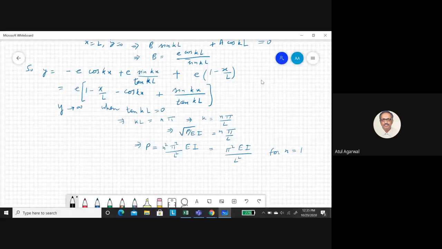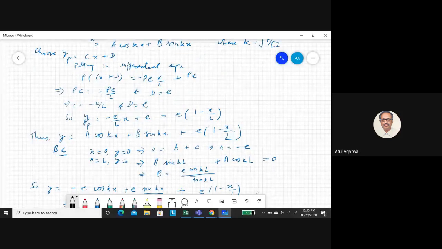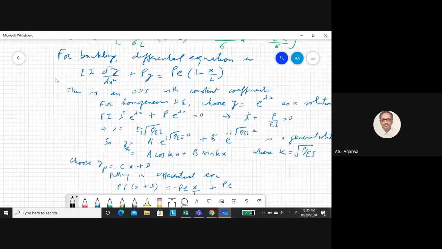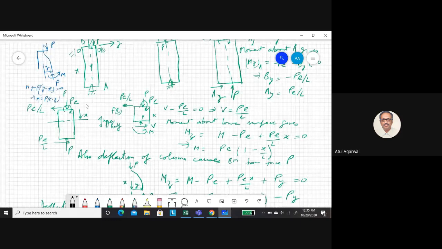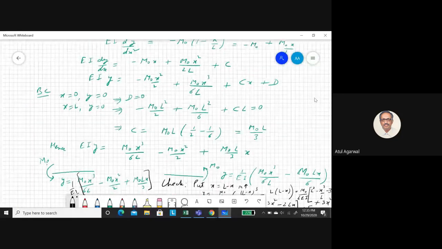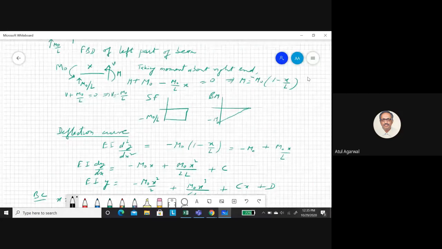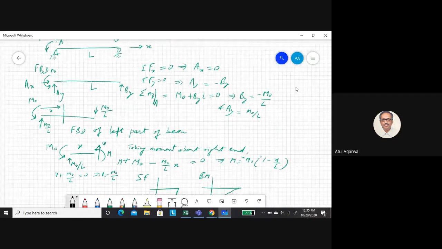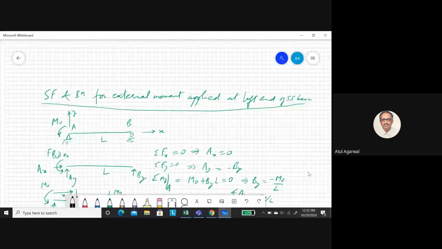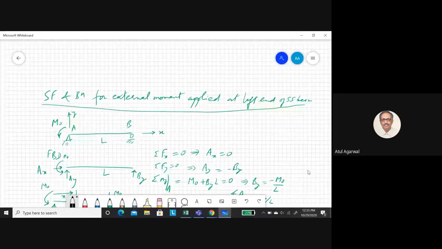So this is a little in advance. The main thing here you have to see is how to find moments and bending moments, and how to use them to find the deflection curve. So here we have also handled an axial load. So there is an axial load plus a moment at the top end. That moment is causing a deflection because of the eccentricity of the load, and further the axial load is adding to the deflection.